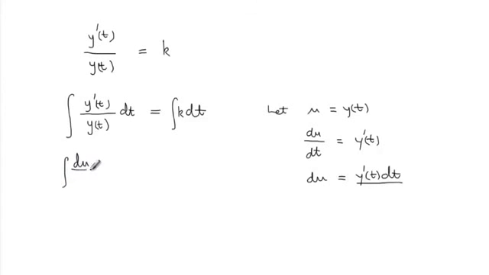du over u, since our y of t is our u, equals the integral, let's say equals k, because k is a constant, integral dt. Now integrating both sides here, I think now you can see what we've got. We've got du over u, which we know integrates to ln of u. Then this side will be equal to k